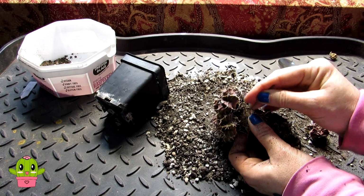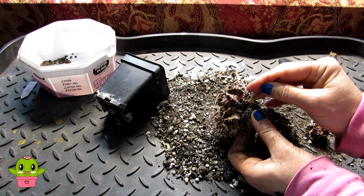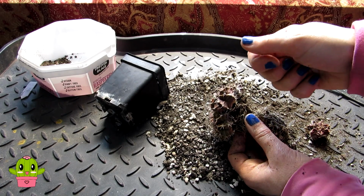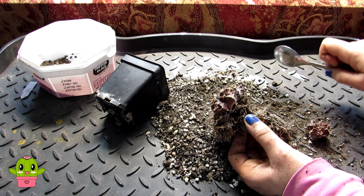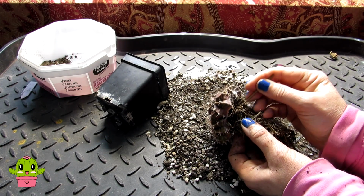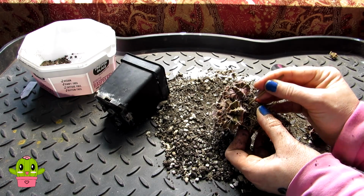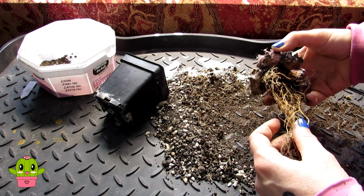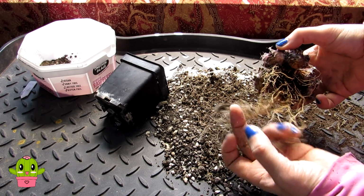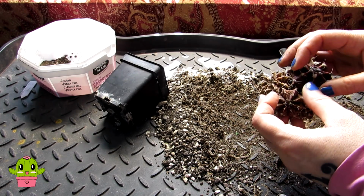So when you're separating cacti that are all in the same pot, you do need to really take your time and loosen up the roots. I'm actually using a little blunt toothpick instead of this, because this is a little bit too wide. So you just have to keep very carefully teasing as much of the roots as you can. Well, I think that's as loose as I can get it. As I say, great roots, and then I just have to very carefully,